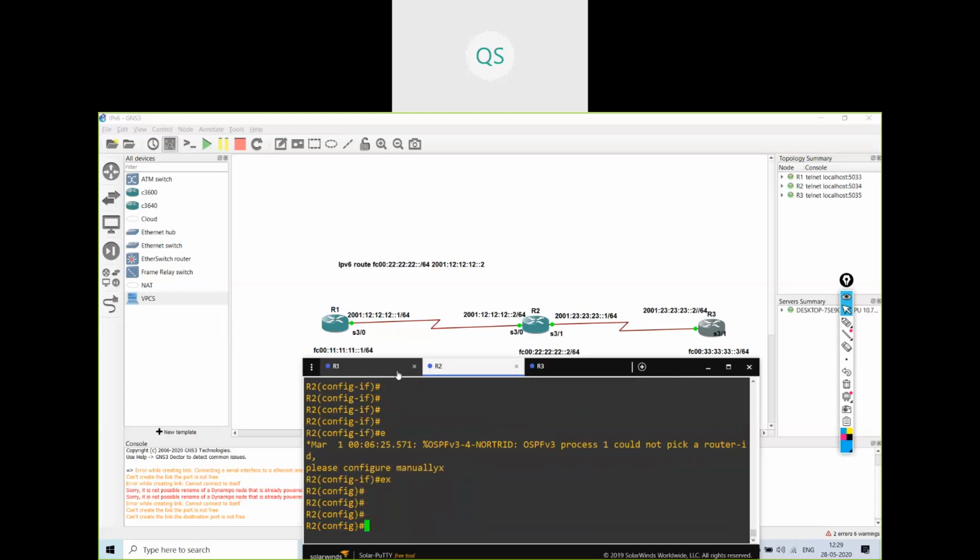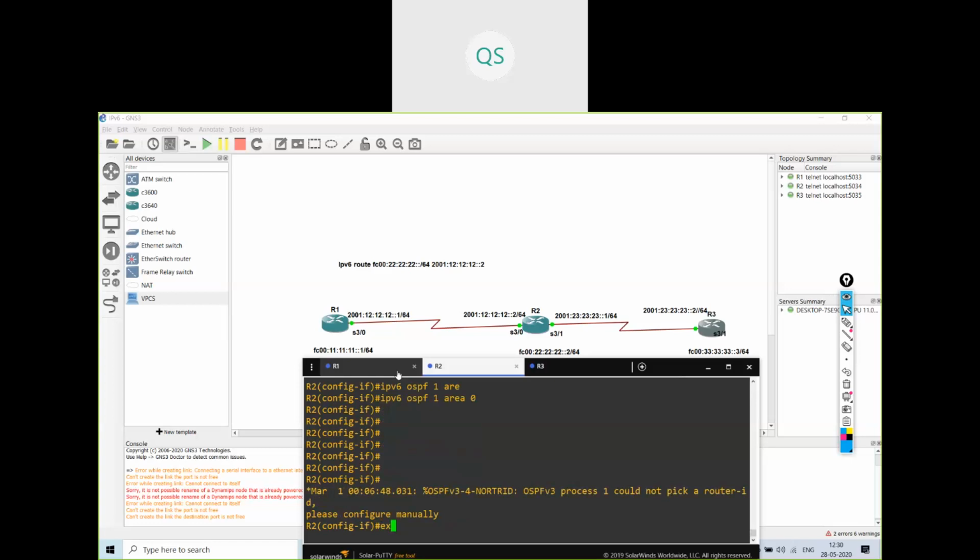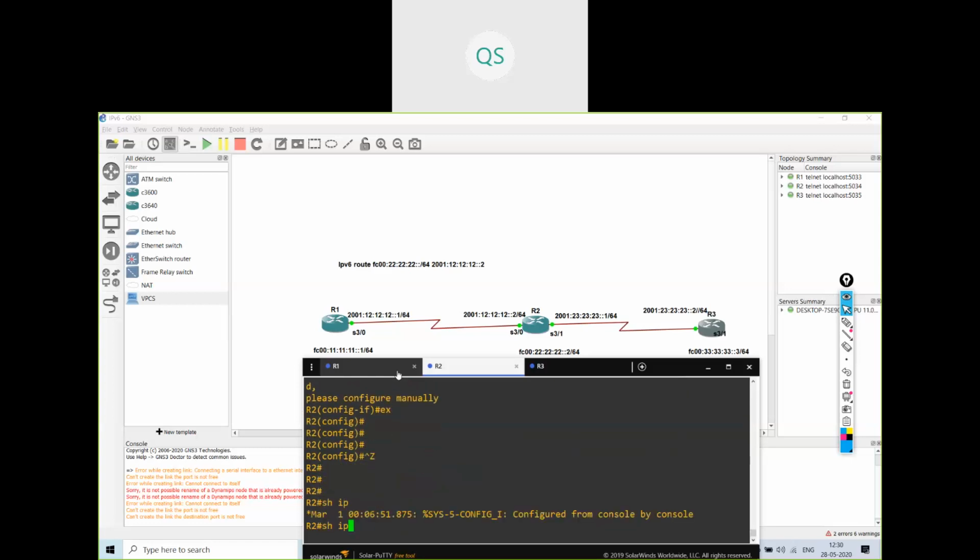Interface serial 3/1, ipv6 ospf 1 area 0. Show ipv6 ospf neighbor.